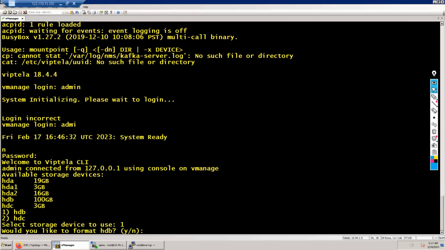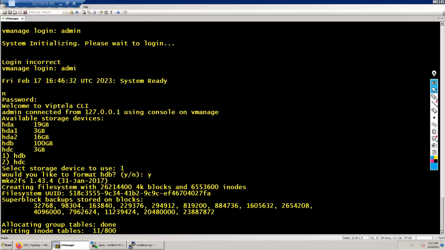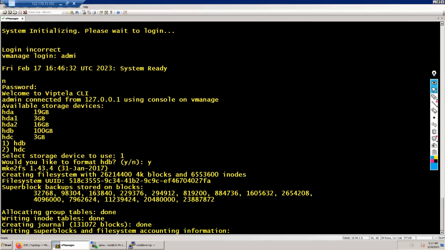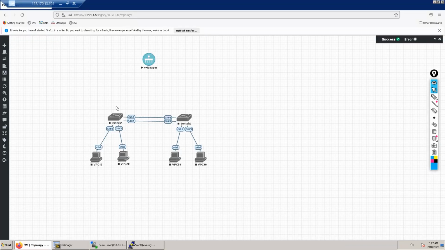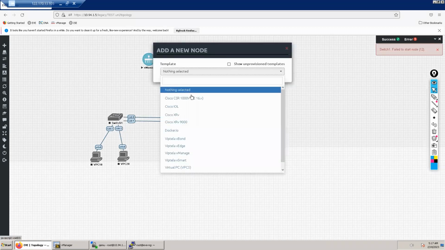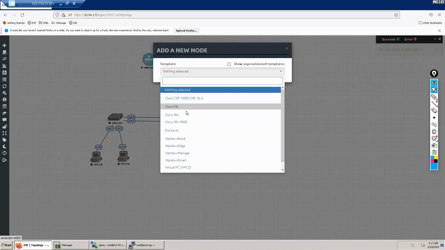Would you like to format HDB? I'll say yes. Now it will take some time to come up. Until then, what I'll do, I'll just make some connections and check if I can reach